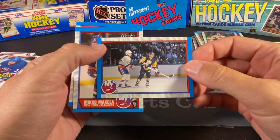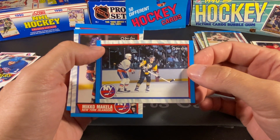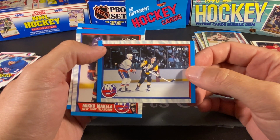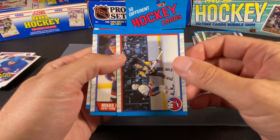This is an Islander team card. That looks like David Volek. I will always have a place in my heart for David Volek. In fact, I might have even talked about this card once before because he's paired with a Penguin, and that's where his place in my heart is, for scoring that big goal in Game 7 in the '93